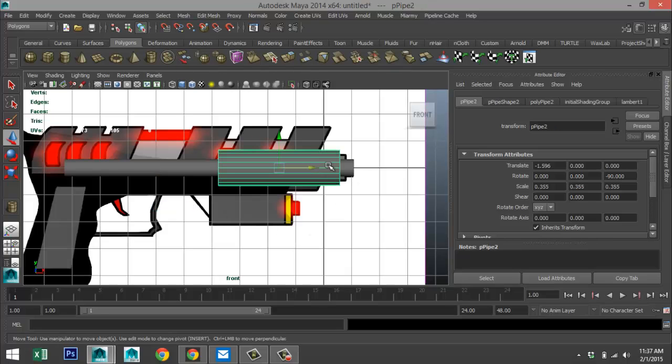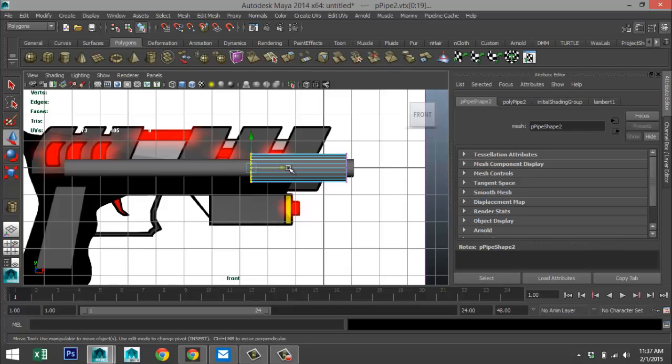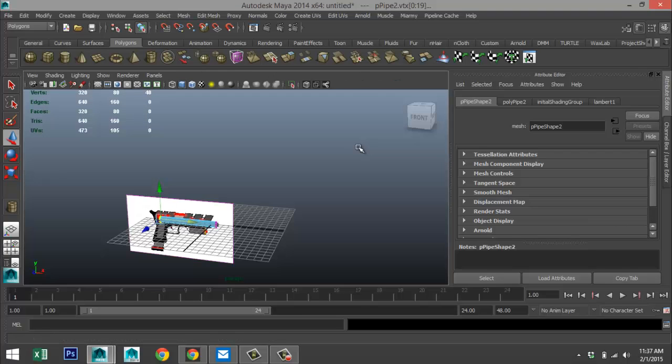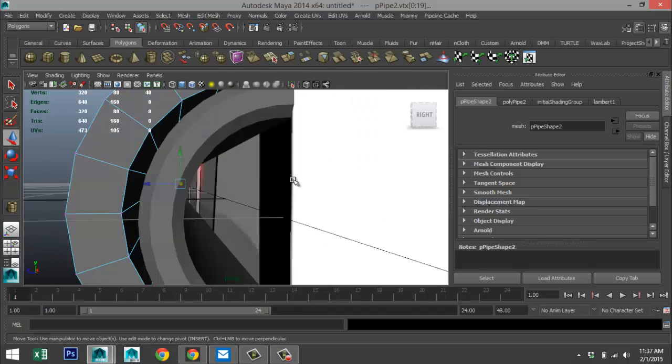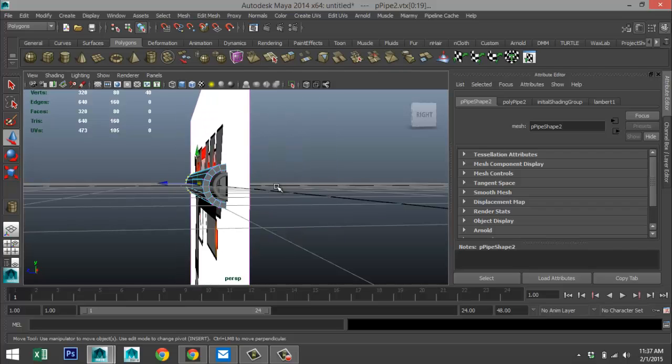There we go. We'll take this guy, move it forward, hit R to scale it down a bit more, and again, move forward, right-click vertex, drag-select those, and bring it out to there as well. And again, we're not going to see that end, but that's fine. And let's just check the front to make sure that when we look into this barrel, that we don't see that opening.